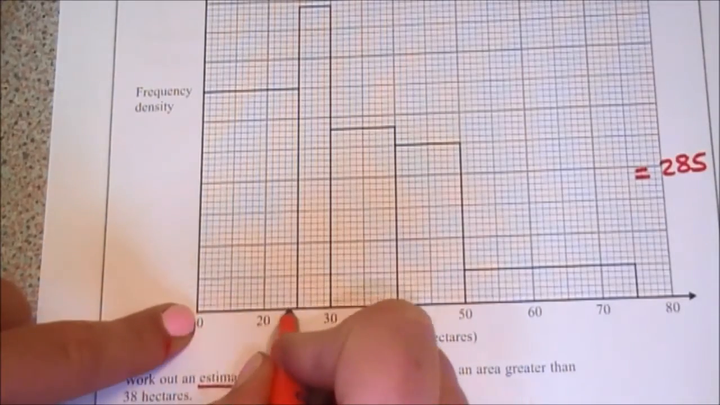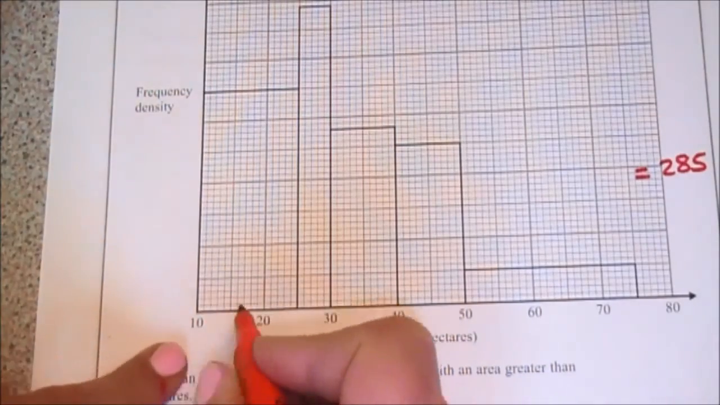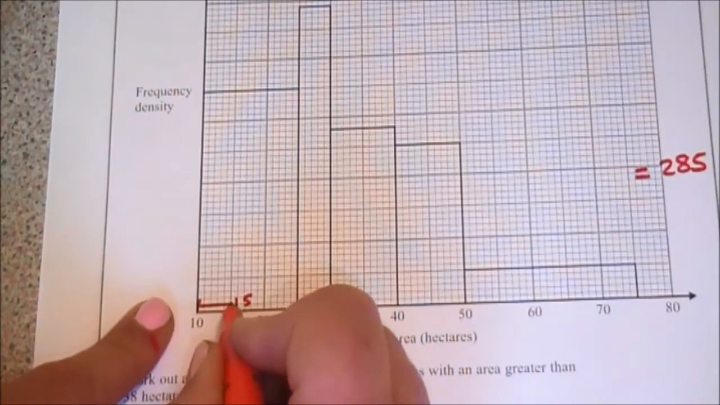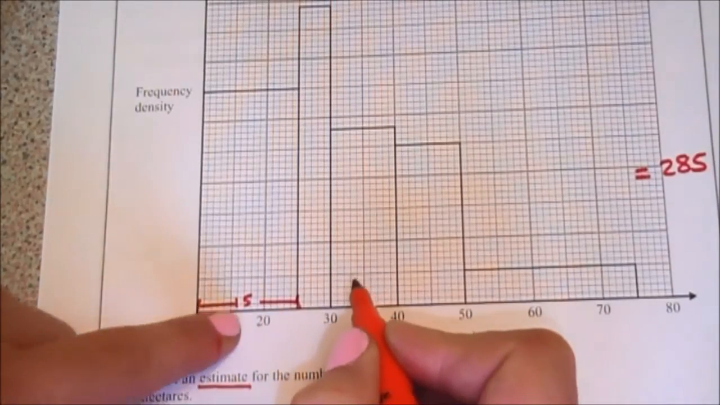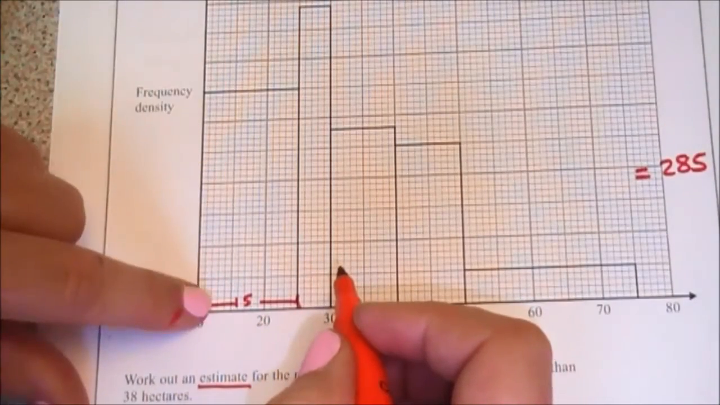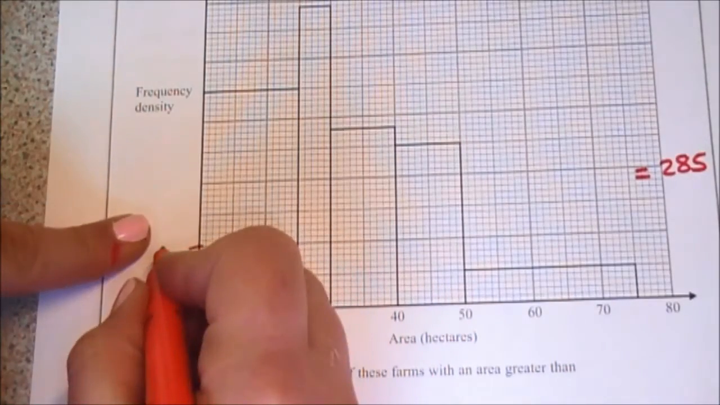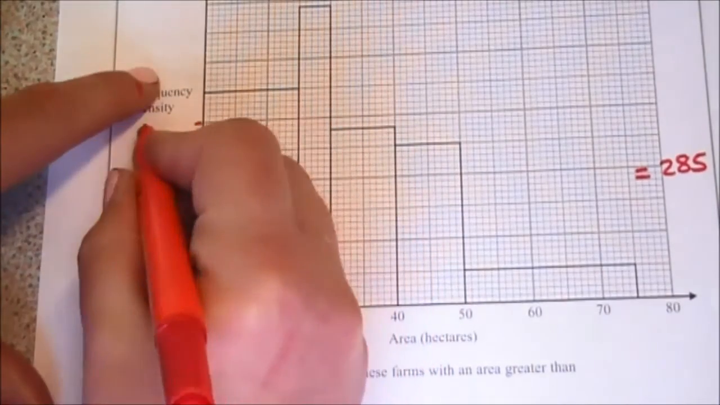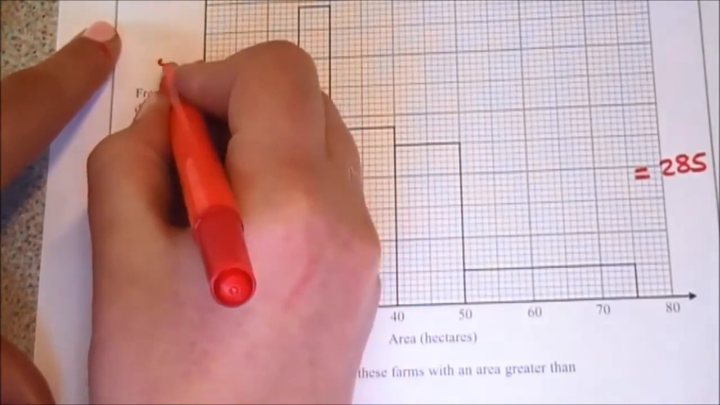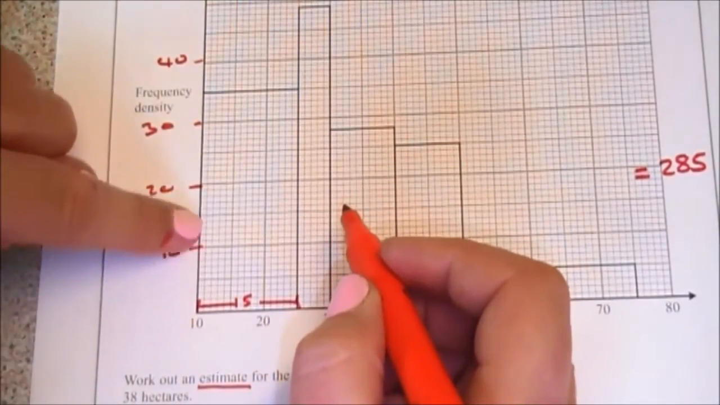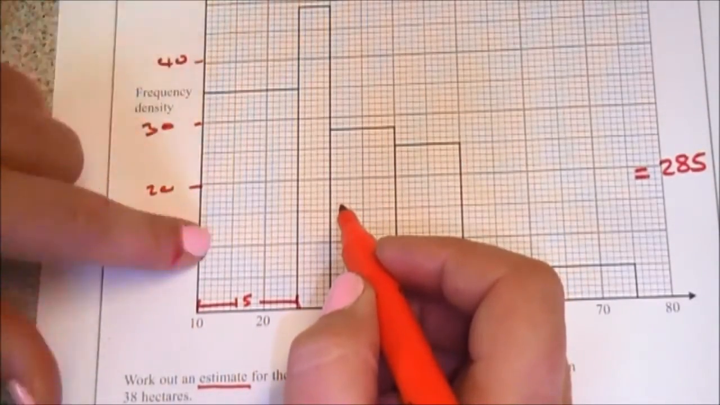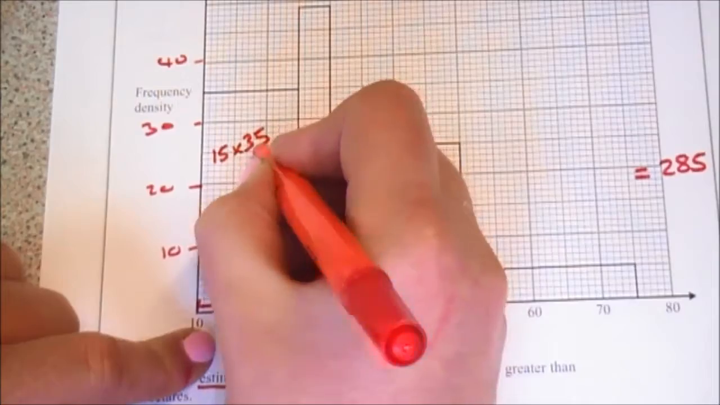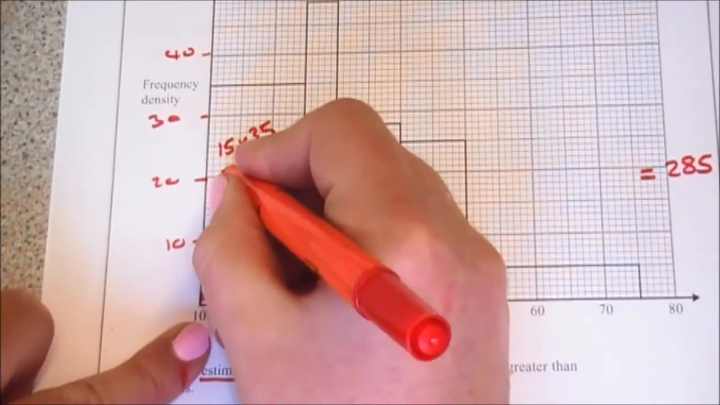So in order to do that, it's length times width or base times height or whatever you want to say. But I've got 15 along the bottom here, so 15 tiny little squares. And up the side, I've got 5, 10. In fact, I'll label this up. Up to there is 10, 15, 20, 25, 30, 35, 40. So here I can see it goes up to 35. So it's got a height of 35. So the area of this is going to be 15 times by the height of 35. And that's going to give me an area of